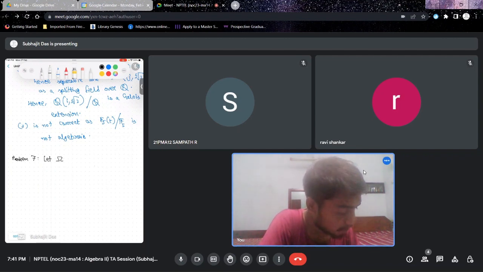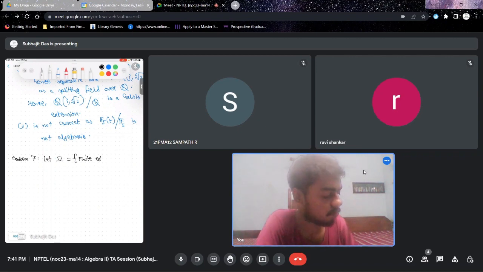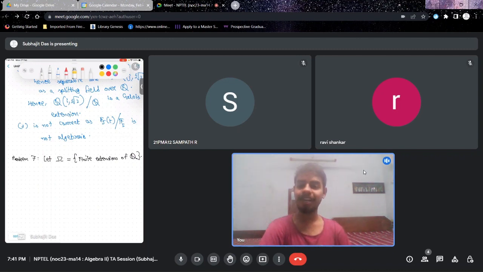Let omega be the collection of all finite extensions of Q. You look at the collection of all finite extensions of Q. That is, in other words, you look at all the extension fields of Q which, considered as a vector space over Q, are finite dimensional. That is, the degree of the extension over Q is finite. So you look at the collection of all finite extensions of Q,